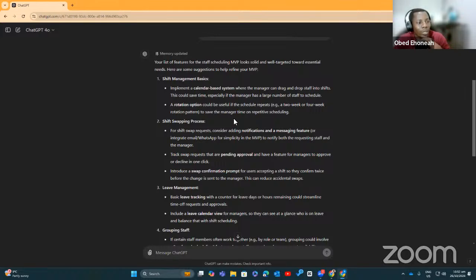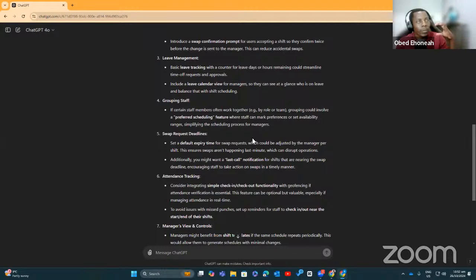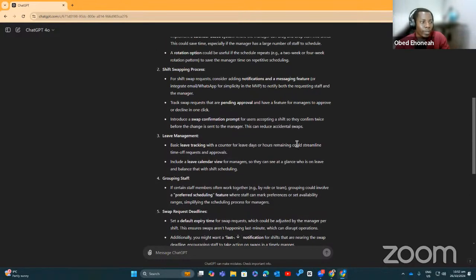A rotation option could be useful if the schedule repeats, so a 2-week or 4-week rotation pattern to save the manager time on repetitive scheduling. Then the shift swapping process. So you see that it has bottled up the various aspects of the ideas or the features that we had. And that is pretty cool.